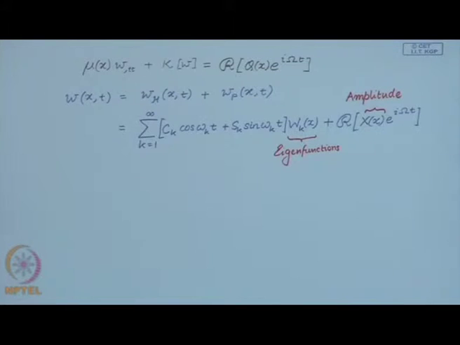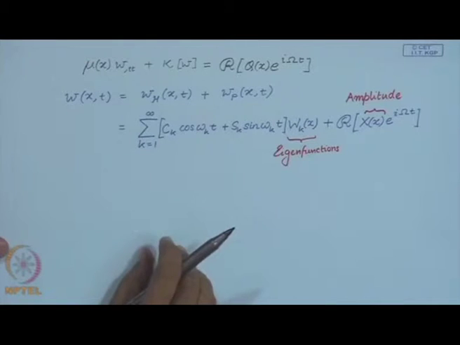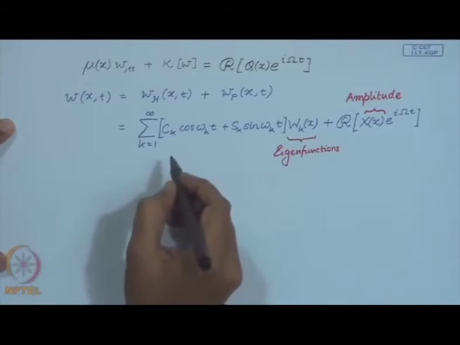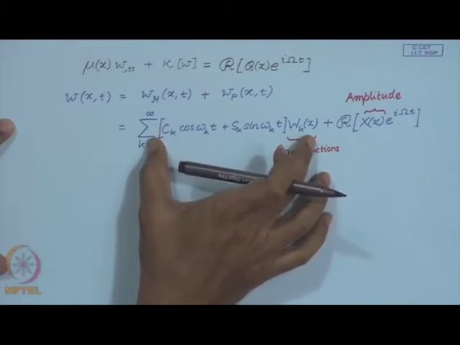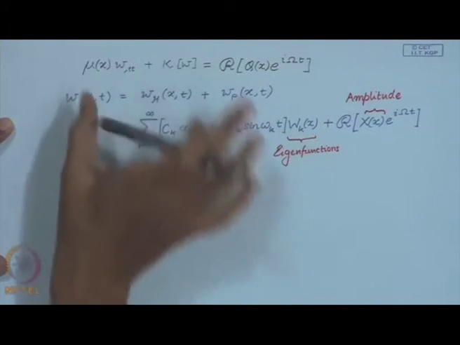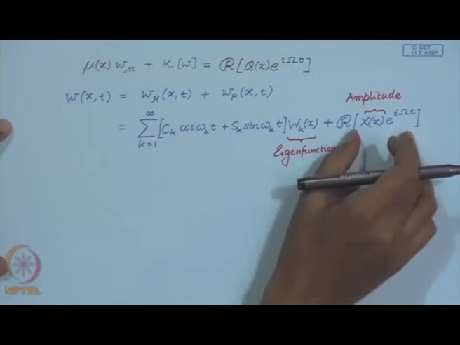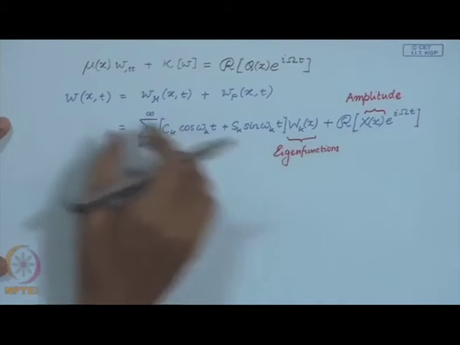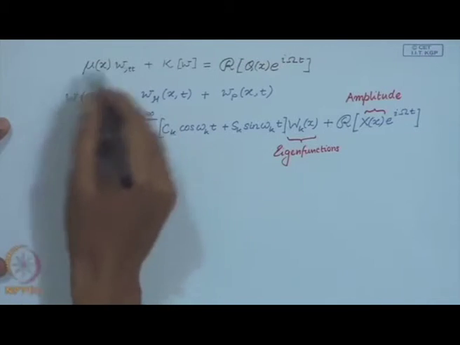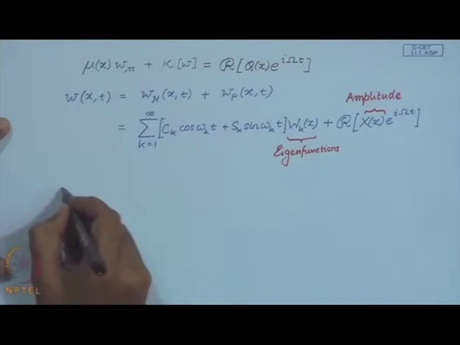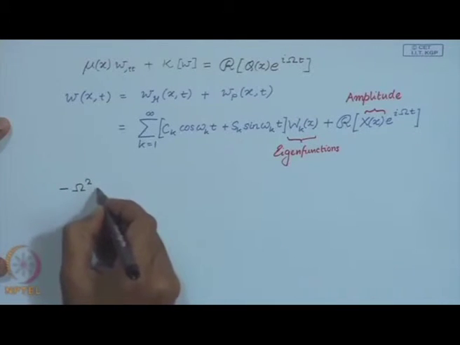Now, if we substitute this solution form in the equation of motion, the differential equation, this term is going to go to 0. What remains comes from this term, and if you substitute this and make a little bit of simplification of the equation, then what you will obtain is